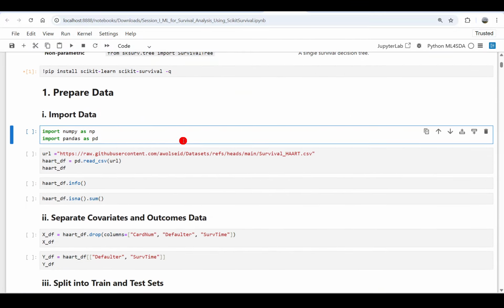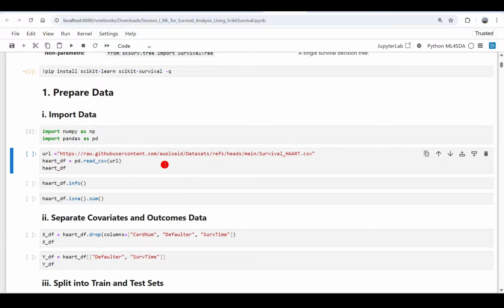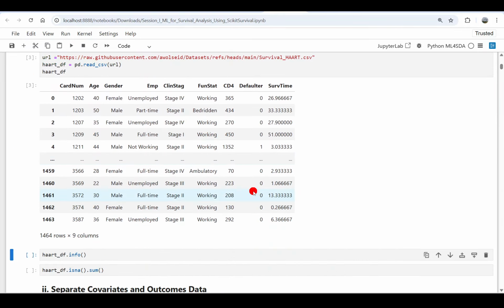So first let's load the data that we are going to use for illustrating these survival machine learning models, and for that we usually need these two common libraries, NumPy and Pandas. Then I put the data into my GitHub repo so I can read the data using this pd.read_csv. So this is the data that we are going to use today for demonstrating the application of machine learning models